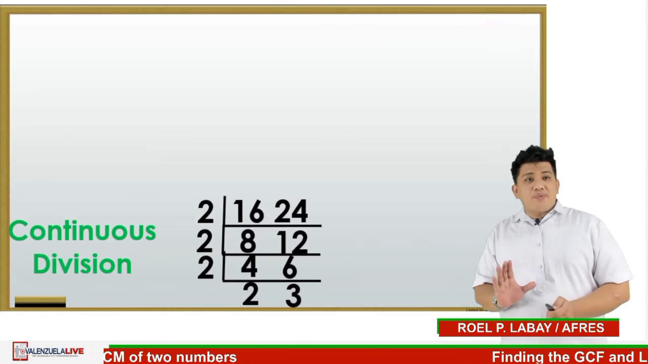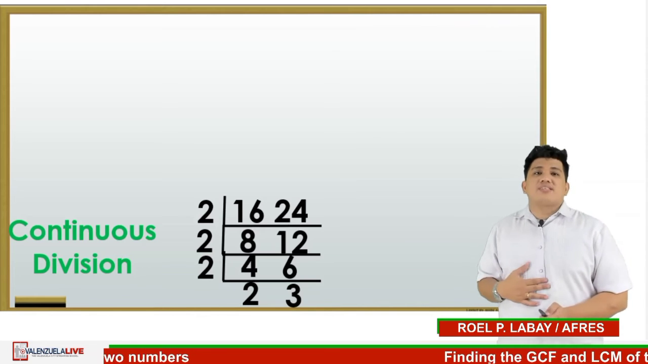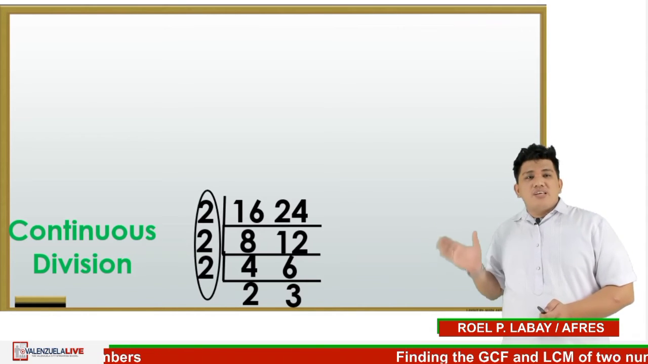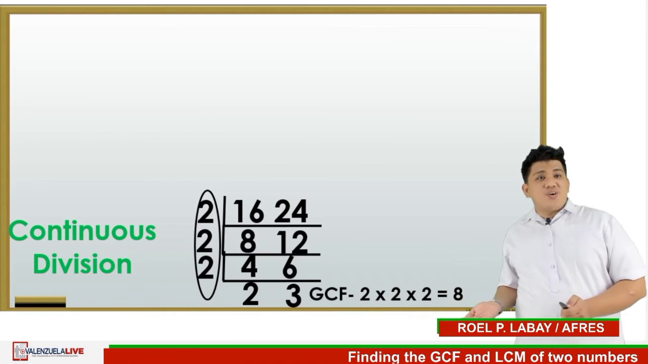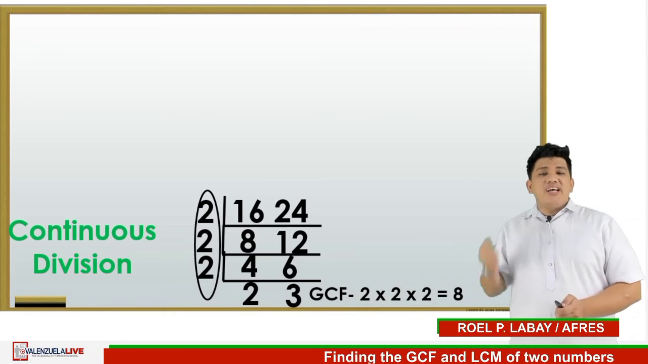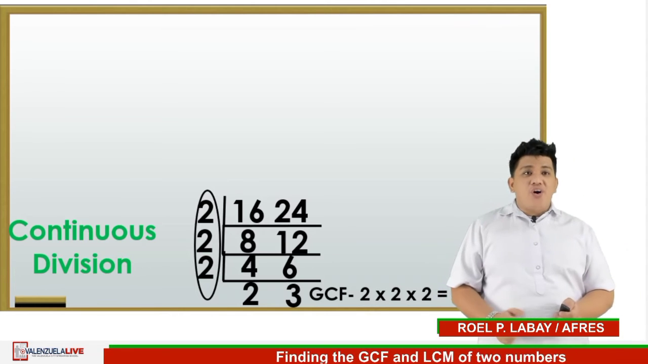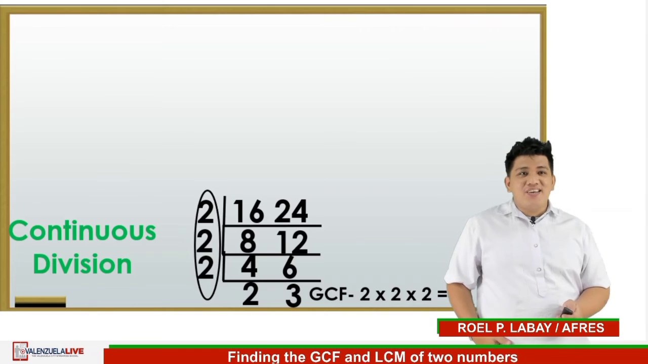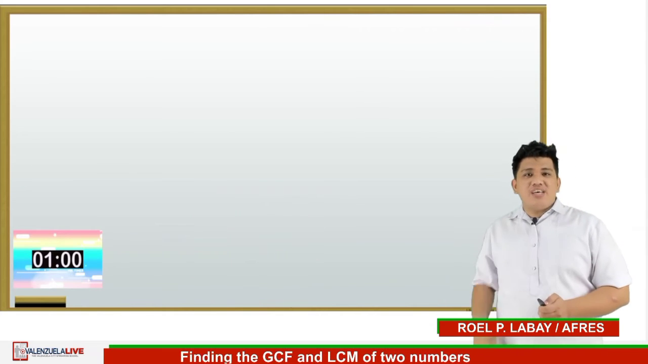So we'll stop the process because the quotients have no common prime factors. Now, the GCF is 2 times 2 times 2, which is also 8. Therefore, the greatest common factor of 16 and 24 is 8. Did you get the same answer? Very good. Now, for your next activity,